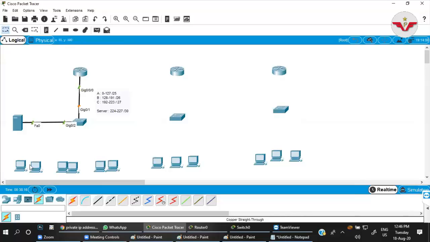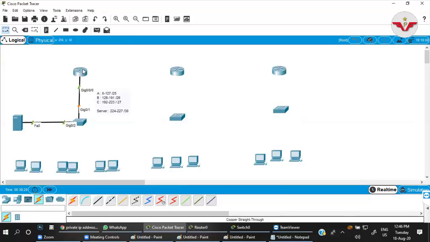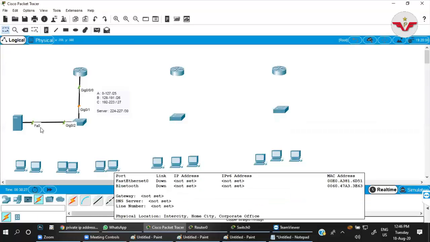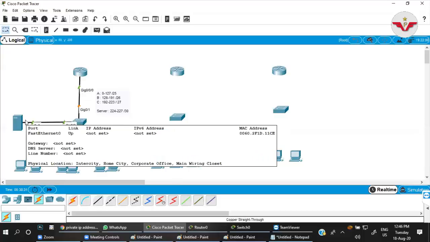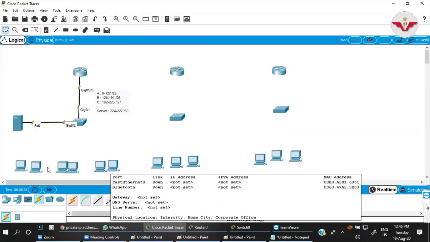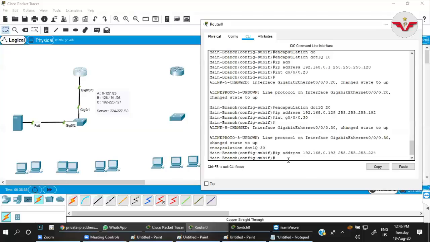To VLAN 10, I will give the IP address through the server which we will configure on the Cisco router, and on VLAN 20 and 30, we will configure this centralized server as a DHCP server to provide the IP addresses to VLAN 20 and 30. Clear? Now, for VLAN 10, if I want to configure this router as a DHCP server, what would be the command?